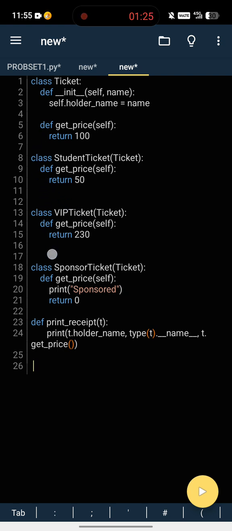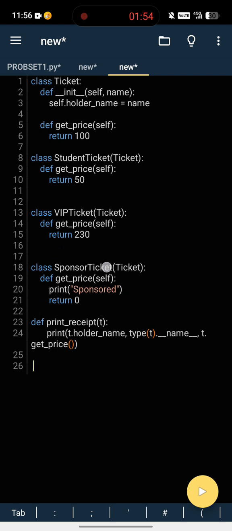Next, I created three child classes. The first one is the student ticket, which overrides the method, and it will return 50. Then the VIP ticket, which also overrides the method, and it will return 230.